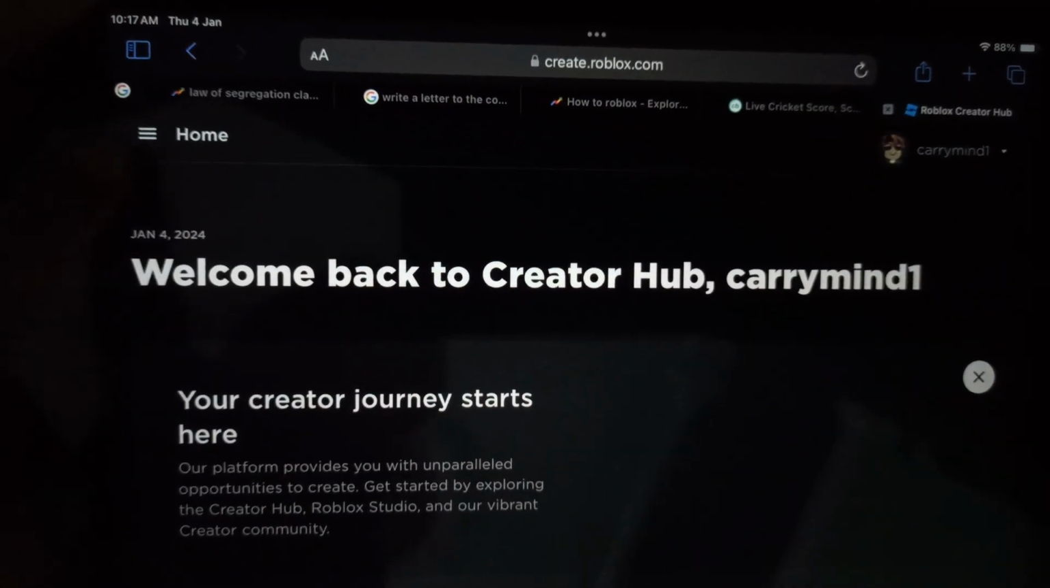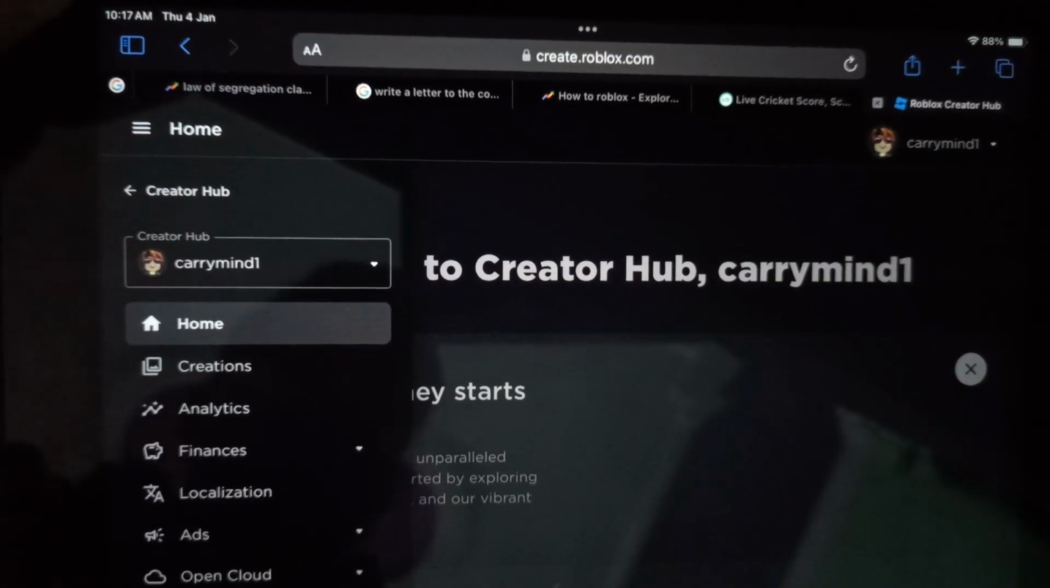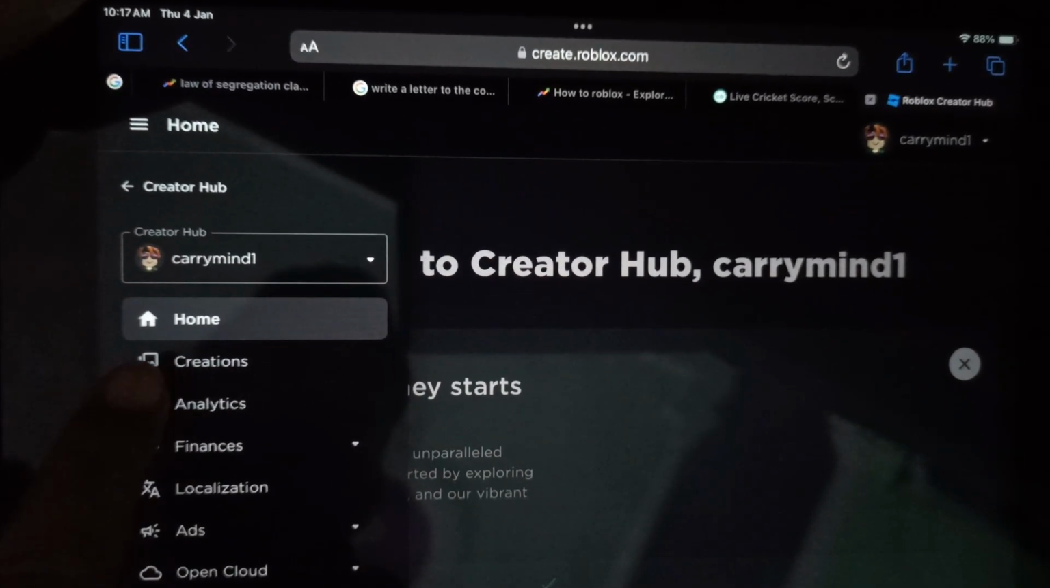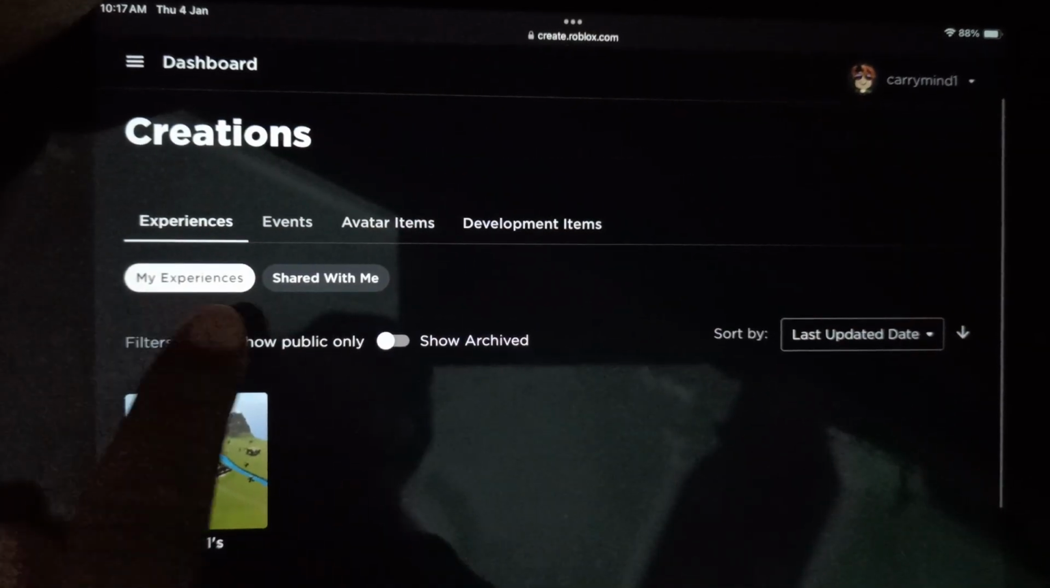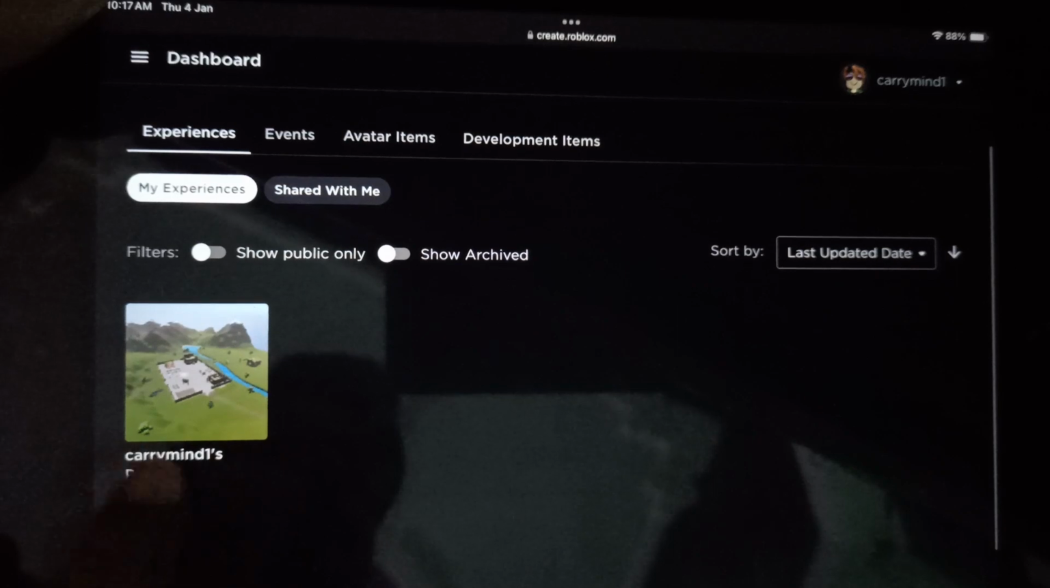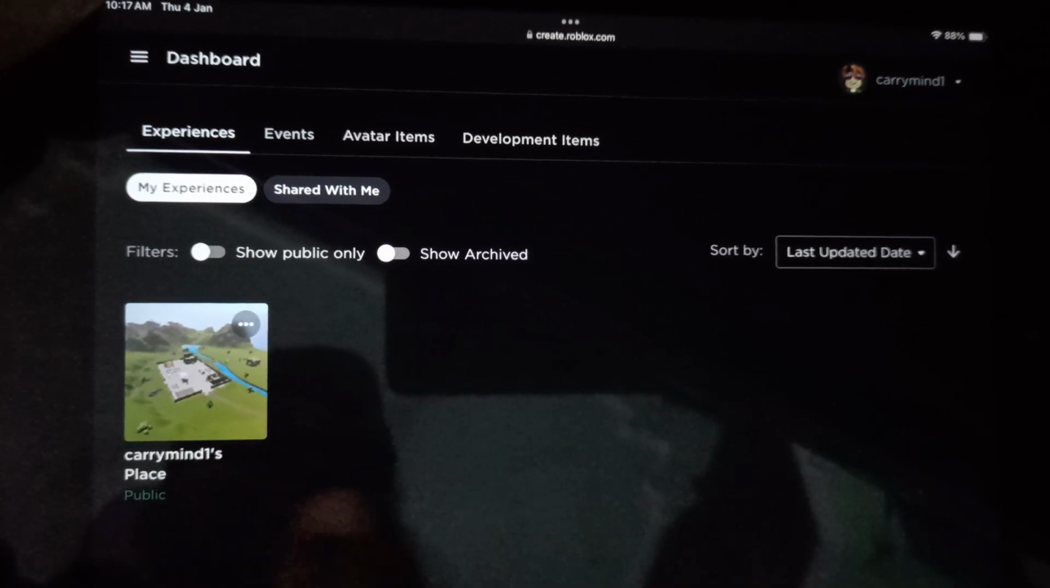Now you just need to tap on this home button, just menu before home button, and just tap on this creation. Now in my experience, you will get your experience. Default experience will be by your username. Just tap on it,